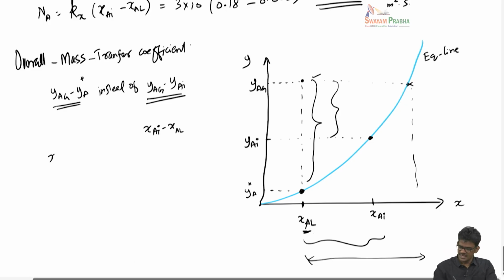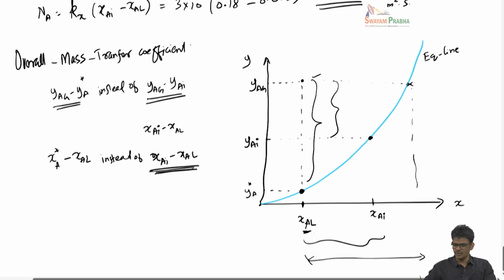So that is XA star minus XAL instead of XAI minus XAL. So I would have used XAI minus XAL with Kx, but instead I could use this particular concentration difference, and